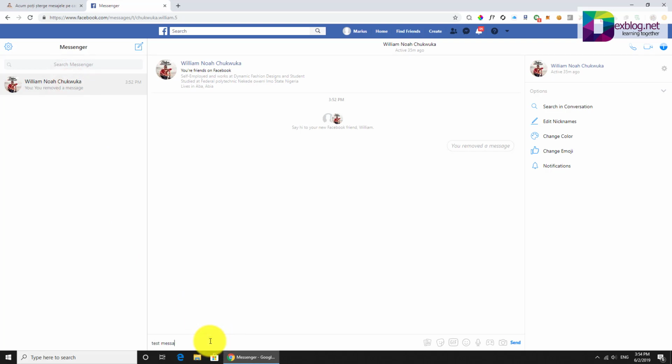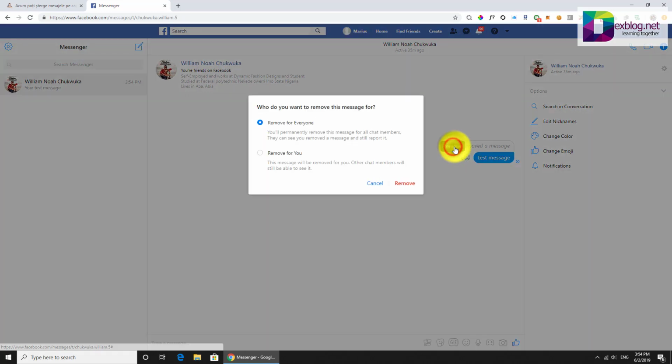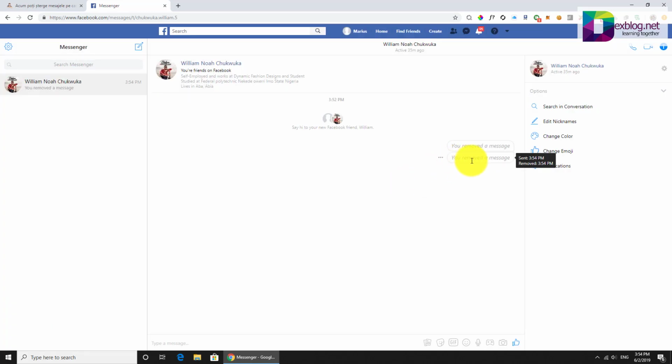How can we delete this message? When you are over the message with the cursor, you will see 3 dots. Click on those. You will see an option to remove. Click on that. Here you have 2 options: to remove a message only for you or for all. Depending on what you want, you can delete the message only for you. Or if you sent it by mistake, you can delete it for all, including you and the person you sent.